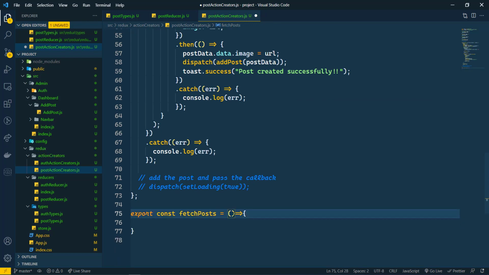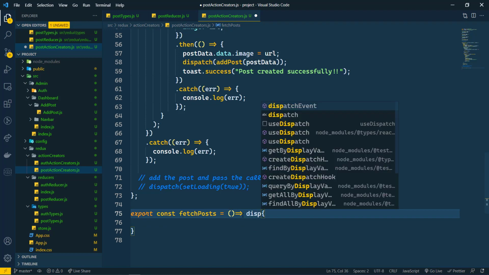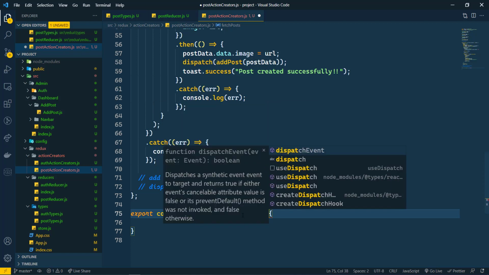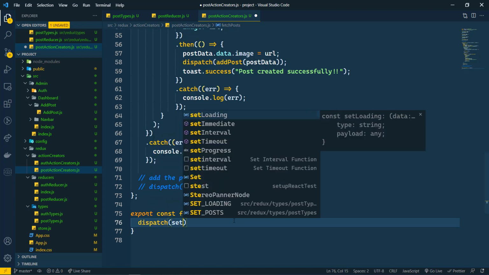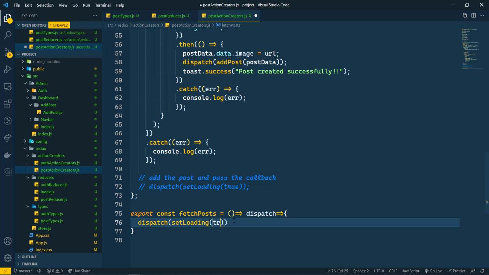So here we are going to fetch all our posts here, and here it is also having dispatch here, and here we are going to first of all dispatch our loading here, set loading to true.